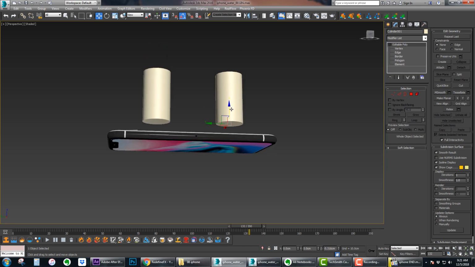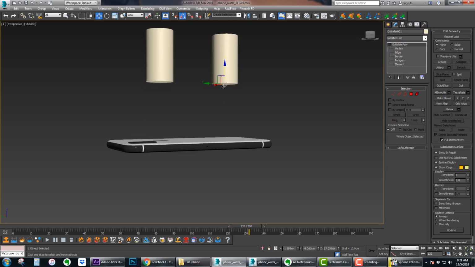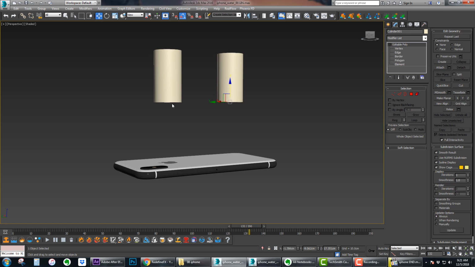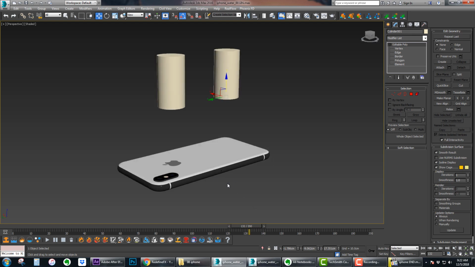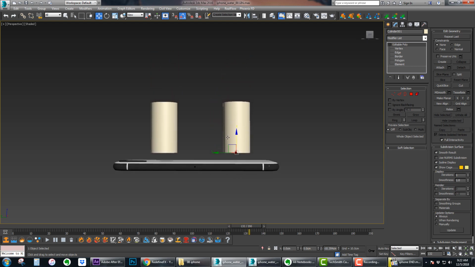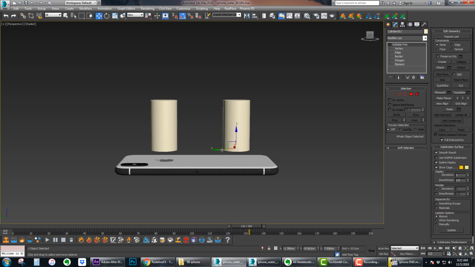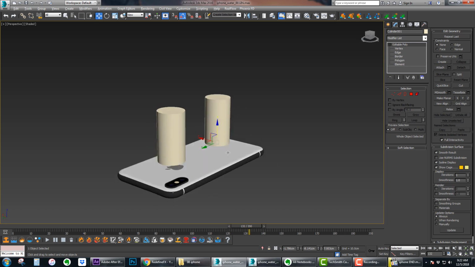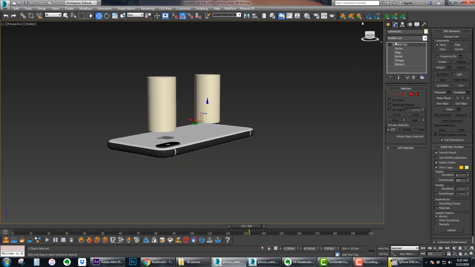I moved them close to the phone because what I found is that if they are high up like this, the water starts falling down, and gravity affects it, so it keeps getting faster and faster, and then the splash is too strong. So if you put it really close to the phone, the water will just slowly, beautifully flow around instead of bouncing around and splashing. So let's rename this our emitter,